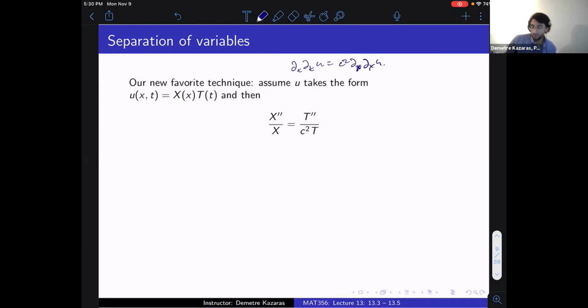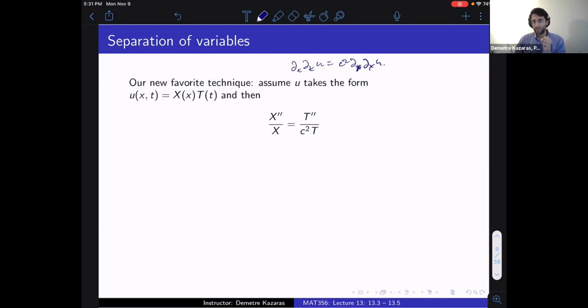Well, our new favorite thing to do, the thing that we did for the heat equation, is to consider separation of variables. Suppose our function can be separated as the product of two functions, one of just the spatial variable x, the other of just the time variable t. Suppose that u takes that form,